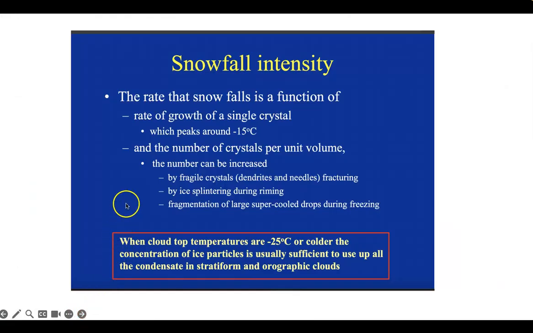Alright, so then just a little education. Snowfall intensity. The rate at which snow falls is a function of the rate of growth of a single crystal, which peaks around negative 15 degrees Celsius. So there's this zone in the, I would say, middle atmosphere. I could be wrong, but I would say middle atmosphere, where